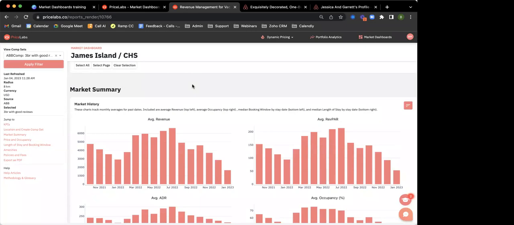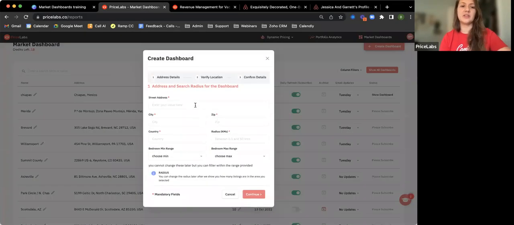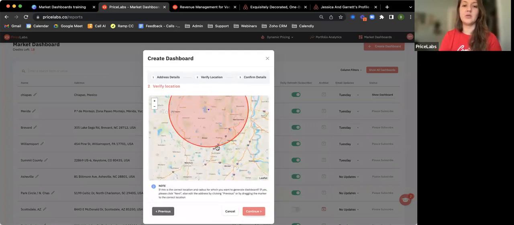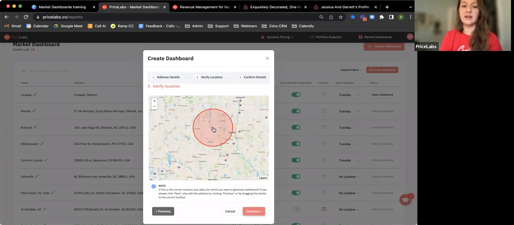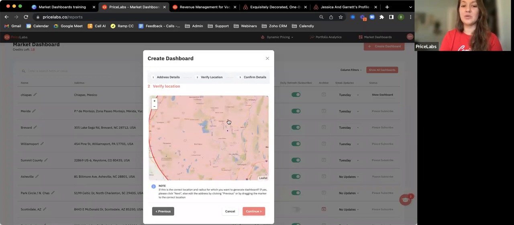Okay, so another question is that a report could be a location that covers one area. Yes. Yep. So I've mentioned this before, but I'll show you exactly what it looks like. You can create a dashboard. We'll say 100 Main Street. And then I'm going to choose a radius. So I'll say 20 kilometers. This is in USA. And then it's going to pull in this whole radius. So every single Airbnb in this area, we can move the dot around,